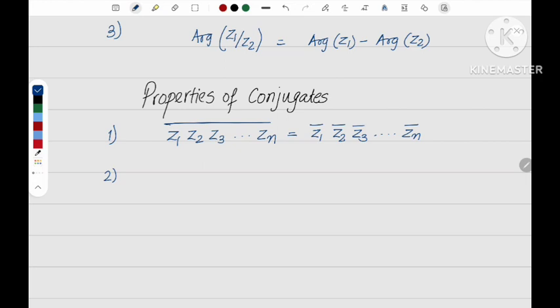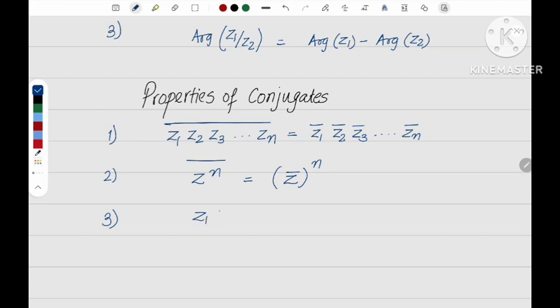Second, in line, the way we saw properties of modulus and argument, is z to the power n. If I multiply z n times and take the conjugate, right, then what will I get? Basically, I will multiply conjugate of z n times like this, right? So this will become, okay, you can just do little mathematics and expand it and apply the first property, you will get this. Okay, third one